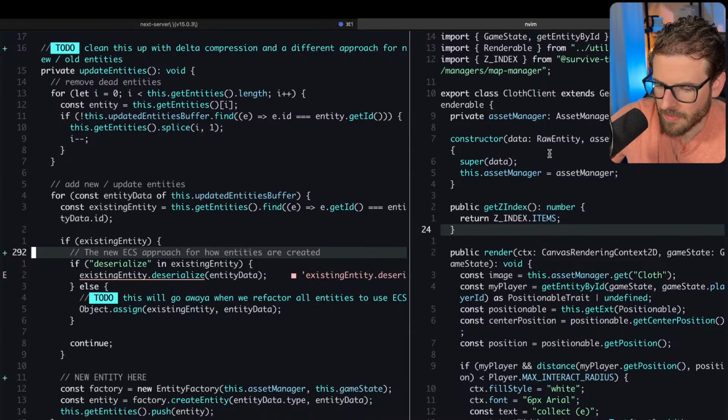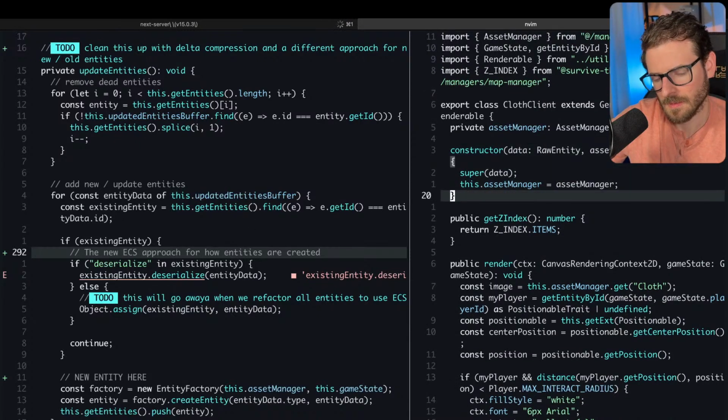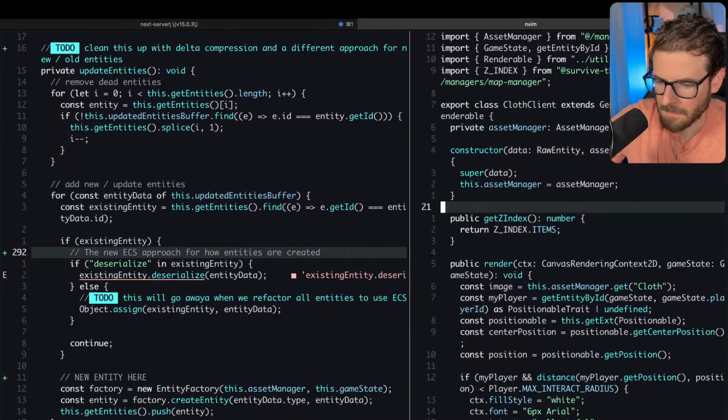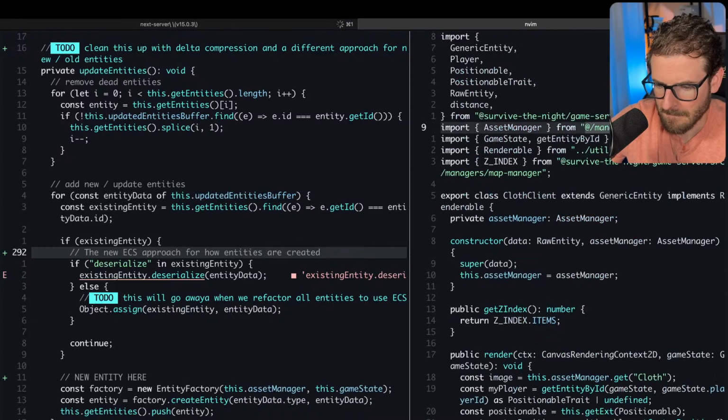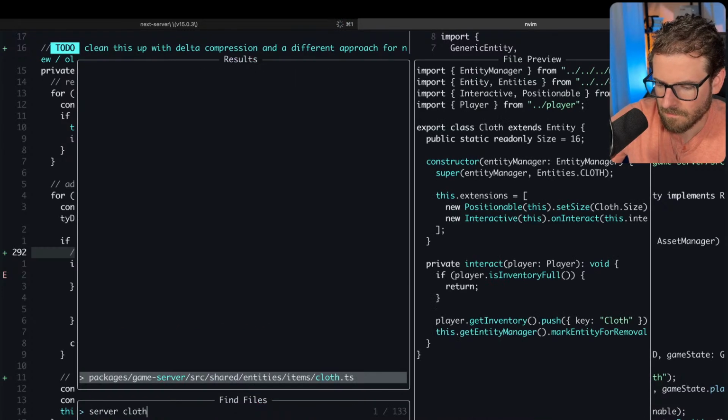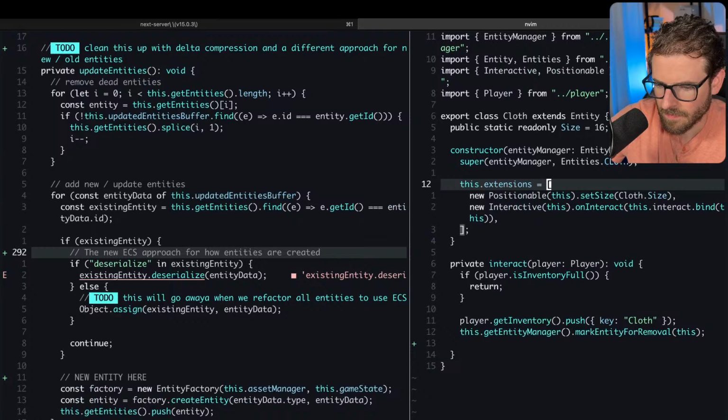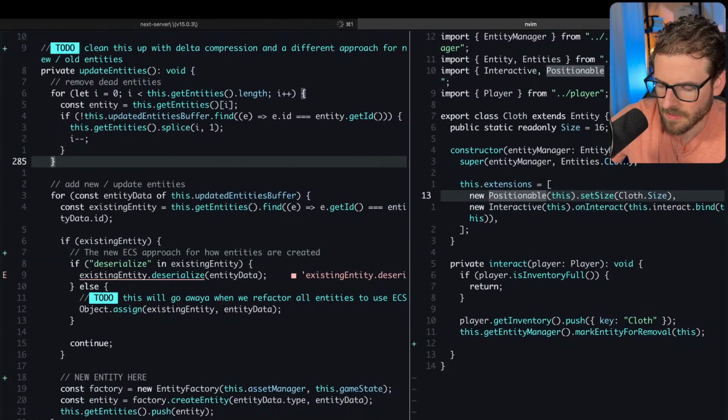We have the cloth on the right. Super data asset manager. Extensions positionable. That size.